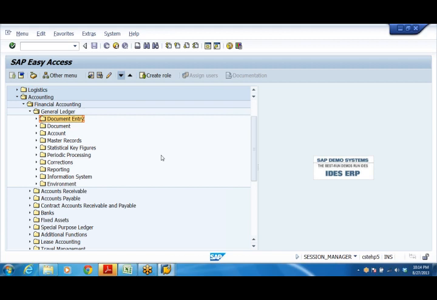Now I'll take a few more entries. Before that, any doubts? Prasad? Can you please show me the report? I'll show you. First, we'll post one or two entries. Then, if you go to document, GL, all those things I'll show. But when I go there, there should be at least two or three entries. Right? I'll show you all those things.